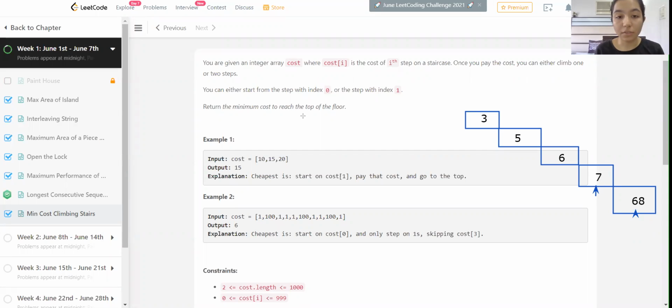If we start from 0, our cost would drastically increase. So our cost would be 68, and after moving ahead, 6 plus 68. So to avoid that drastic increase in cost, we would just start from 7.